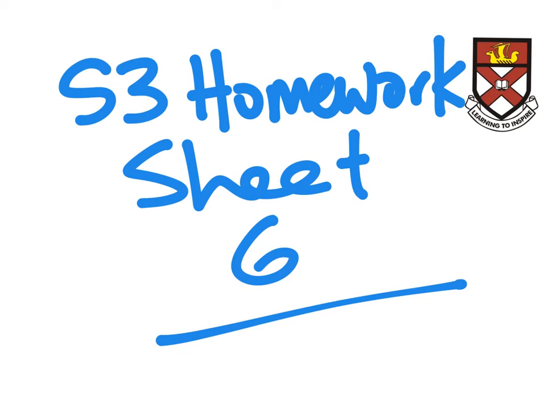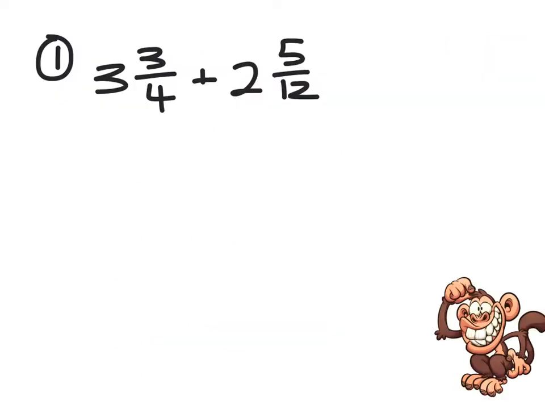Okay, here we go with some hints for homework sheet 6. The first question has 3 fractions in it. Now remember, when you're adding fractions, the first thing you need to do is add the whole numbers. So we'll look at the 3 and the 2, and we add them up first of all to get